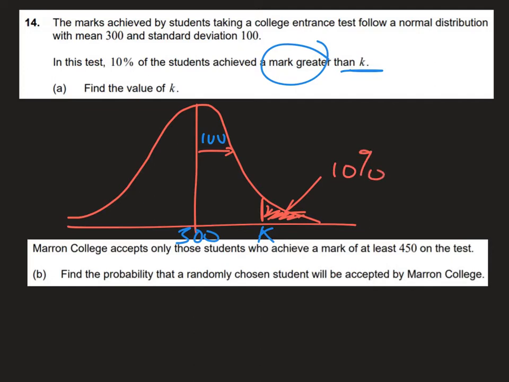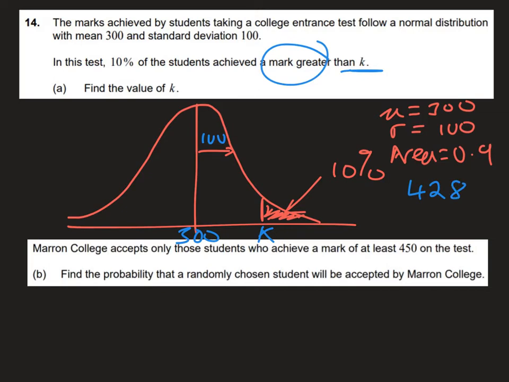So when you're given a percentage and you're asked to identify a particular value, this is an example of the inverse normal distribution. So in your calculator, go to inverse normal distribution. You're going to enter the mean, which is equal to 300, and the standard deviation, which is 100. And normally, you're going to have to enter the area as the area to the left. So we know that the area to the right of K is 10% or 0.1, so the area to the left is 0.9. This then should give you a score for K of